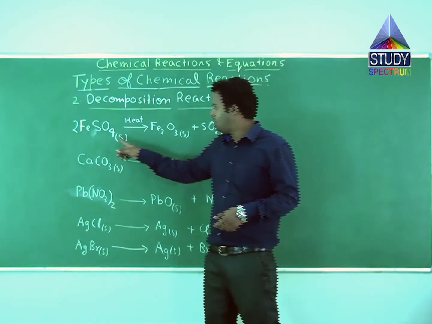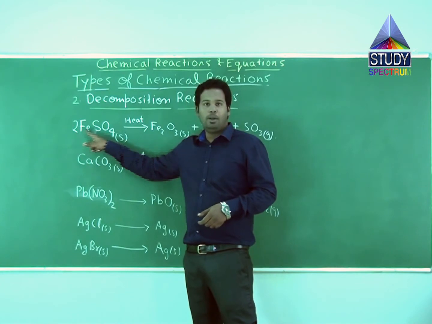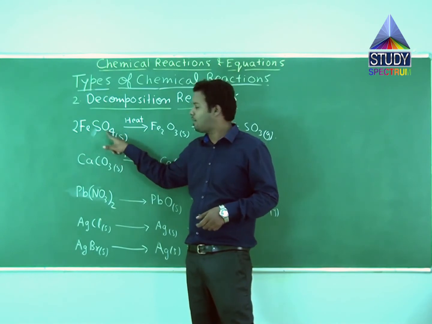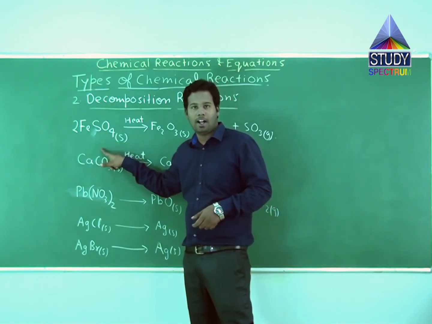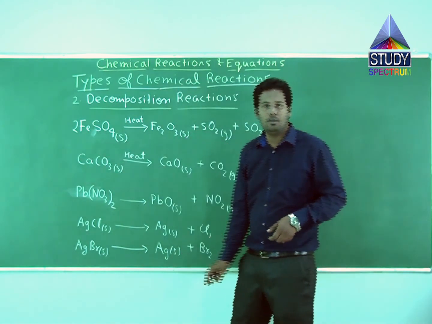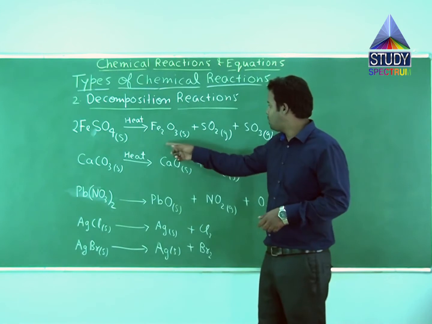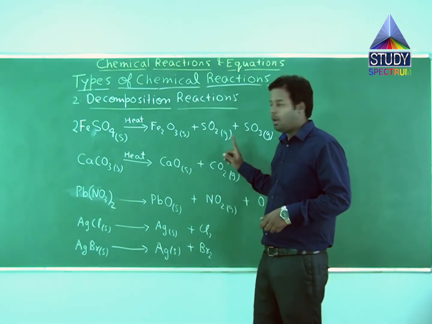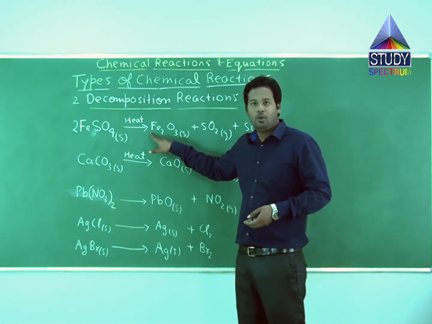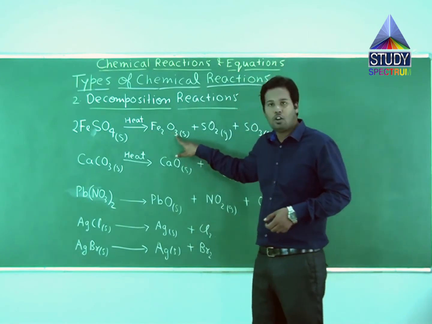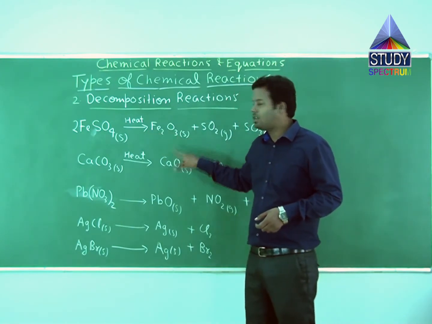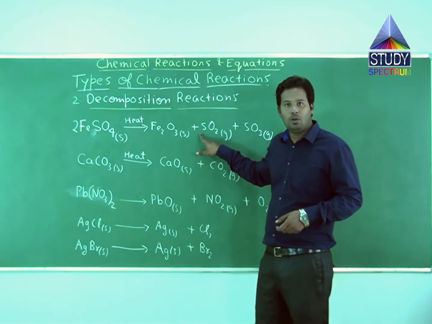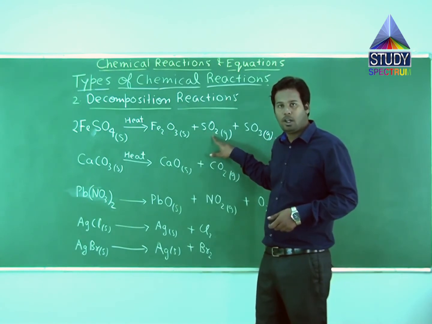If we talk about oxygen, the number of atoms of oxygen will be 2 into 4. 2 is the stoichiometric coefficient of FeSO4 in LHS, and 4 is the suffix of oxygen in this particular single reactant. So the number of atoms of oxygen in LHS is basically 2 into 4, that is 8. If you see the right hand side, all the products contain oxygen in their formula, correct? Now the stoichiometric coefficient of Fe2O3 is 1, the suffix of oxygen is 3, so the number of oxygen atoms in Fe2O3 is 1 into 3, that is 3.